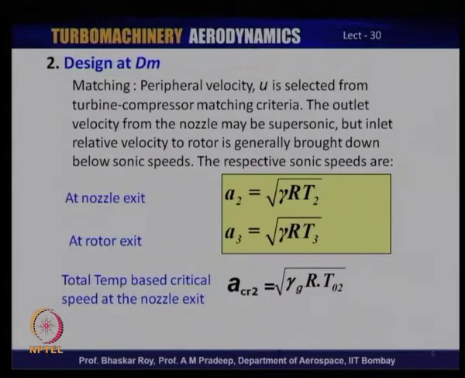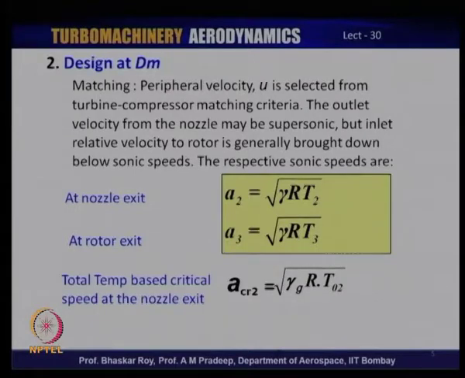The other definition which we just mentioned in the last slide is the total temperature based critical speed at the nozzle exit, which is defined as a critical 2 equals root over gamma R T02. So, there is a difference between a2 and a critical 2, and this is typically used by turbine designers, as I mentioned, to avoid the process of converting from total